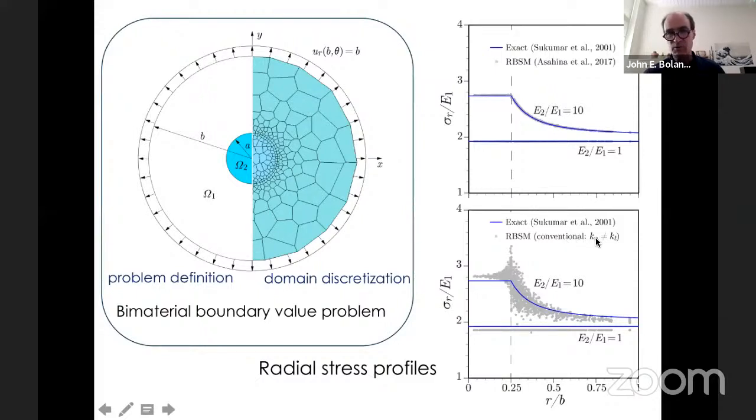Using the conventional approach where the normal spring stiffness and the tangential one are not equal, there's a reasonably good fit for this uniform case. When I first saw that, I said, wow, there's no noise here. Well, it's because under this radial displacement, you're not activating the shear springs. Only the normal springs are activated. So you don't see any noise here. But when you stiffen the internal inclusion, there's a stress gradient. And so now you activate the shear springs and you see quite a bit of noise local to that interface.